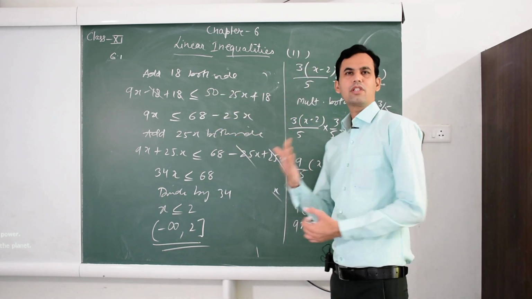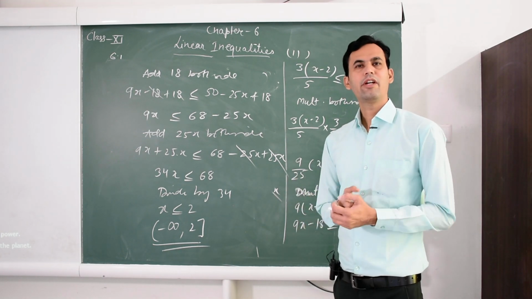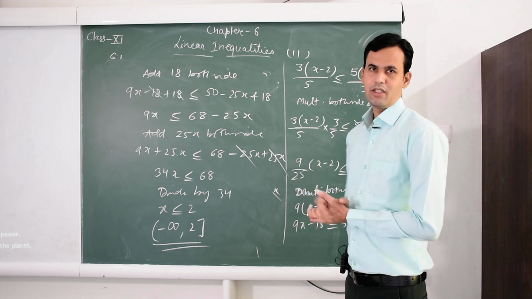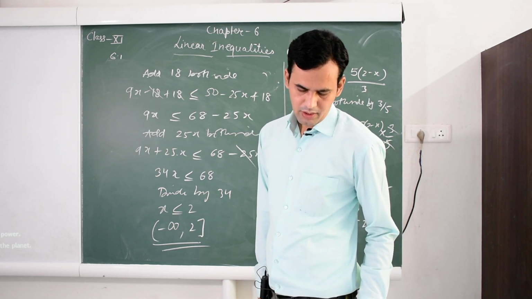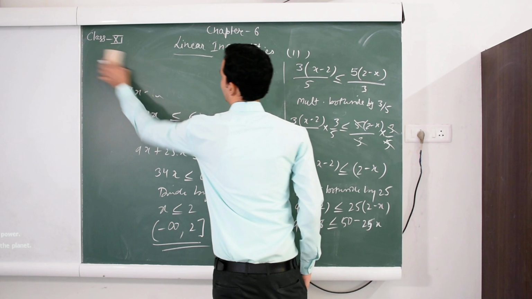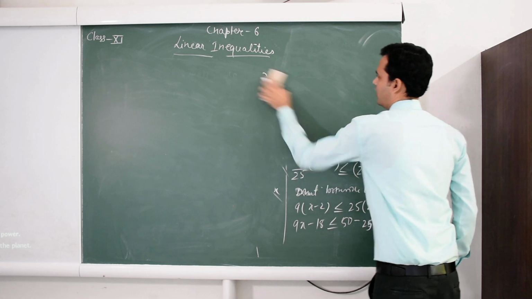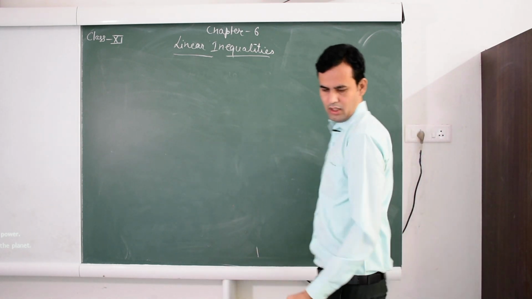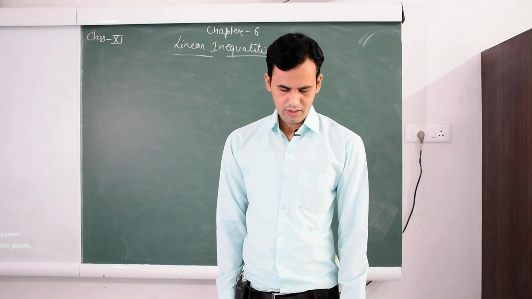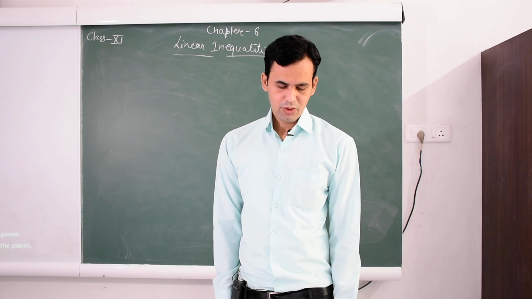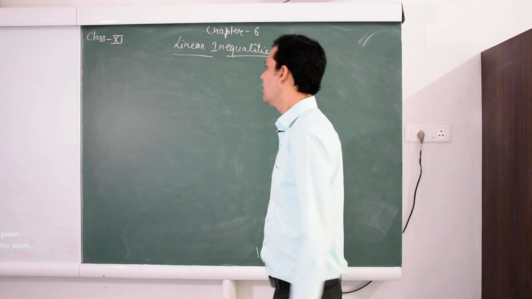Okay. So we add to both sides any number, we subtract from both sides any number, or we multiply or divide both sides by any number, and solve the linear inequalities. Now next question is question number 21. Ravi obtained 70 and 75 marks in the first two unit tests. Find the minimum marks he should get in the third test to have an average of at least 60 marks.